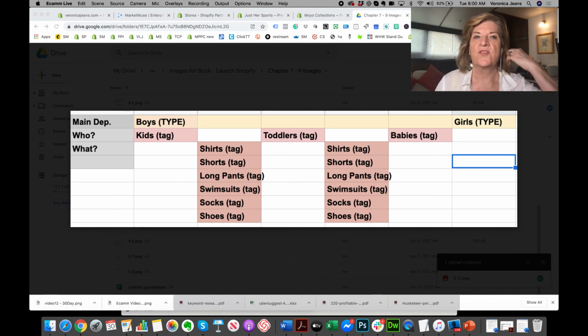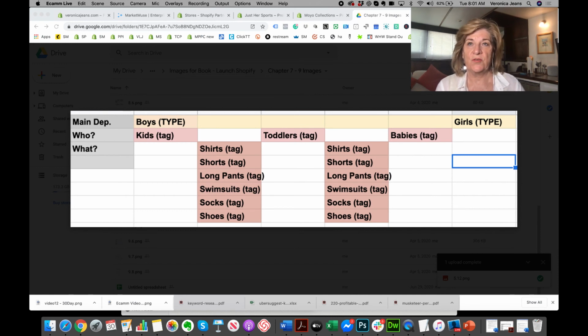This is how you create your storyboard on how to move your customer through your store very quickly. So we don't really want to have more than 1, 2, 3 drop downs, and Shopify doesn't allow more than 3 drop downs on the menu. So here we're going to create tags. Your main department, as I said, is boys, types, and everything. So you can say here, I've said who is under boys, or you can say what,